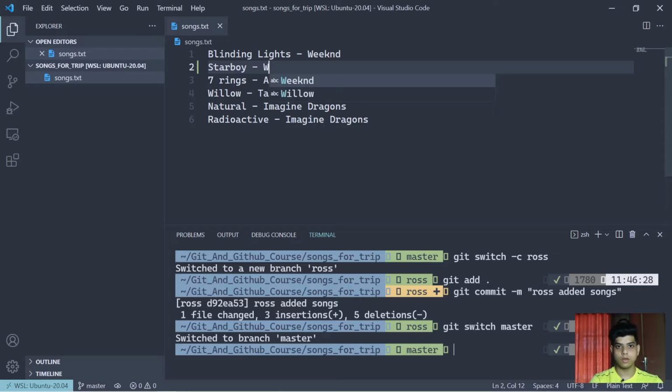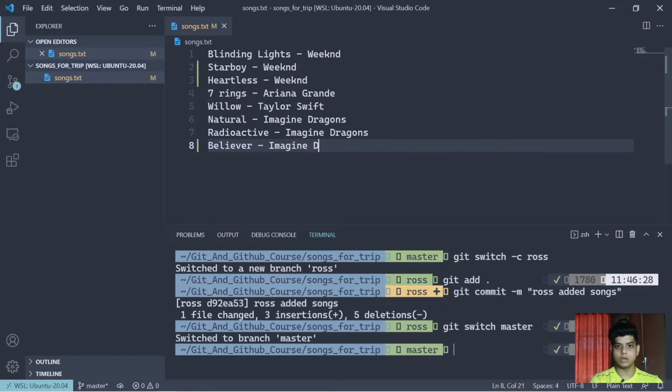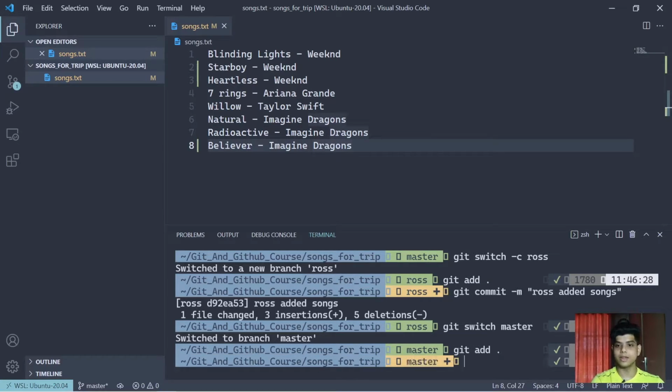Starboy, Weeknd, and then let's say Heartless, Weeknd. So these are the couple songs I added. Let's add an Imagine Dragons song, Believer, Imagine Dragons. Okay, so I've added a couple of changes over here, so I'm going to do git add, and